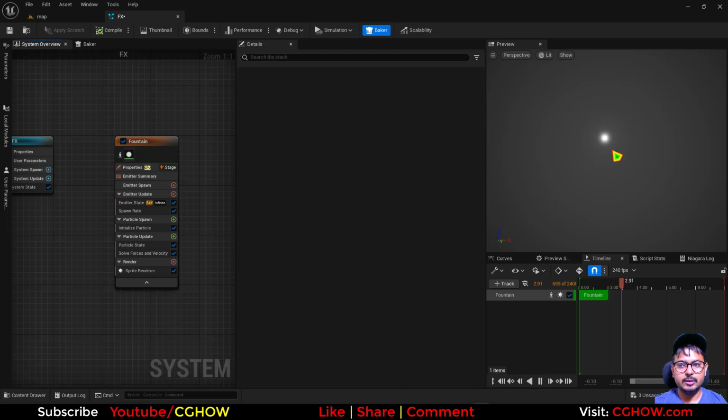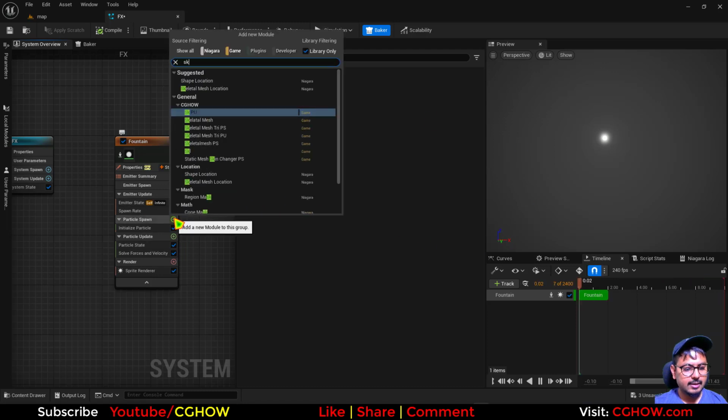Particles are now spawning on the 0. I want to spawn them on the surface of my skeleton mesh. So for that I'll take the skeleton mesh